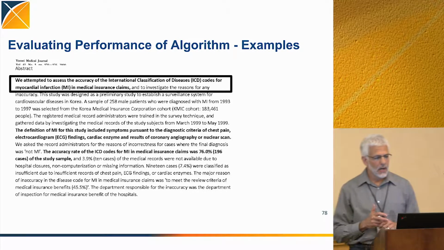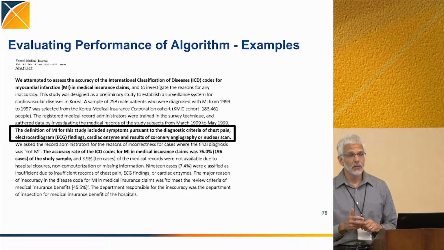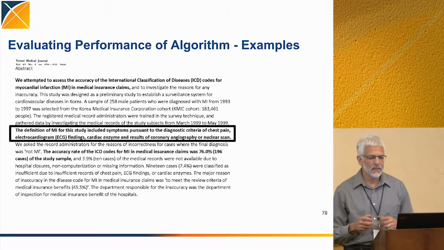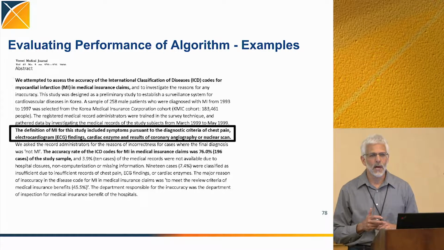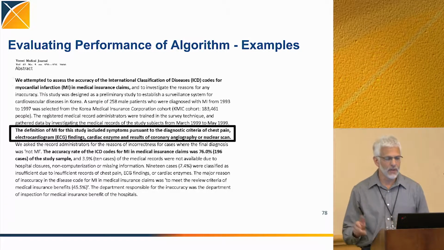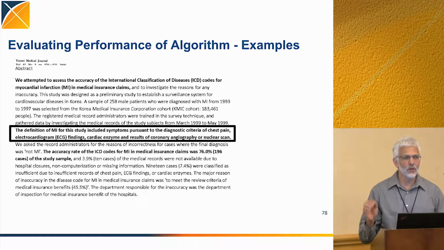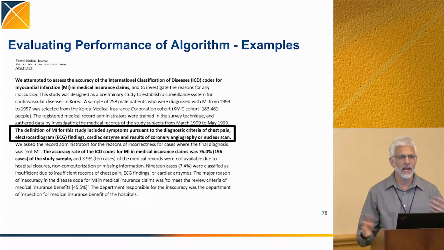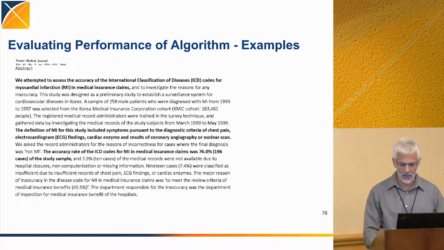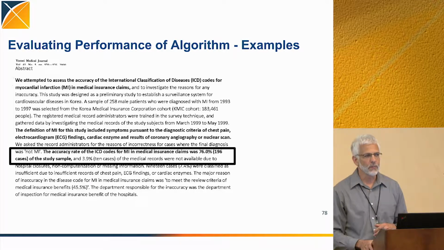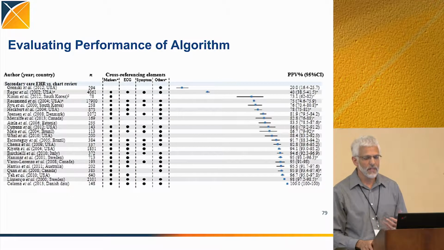Another paper basically just looked at ICD-9 codes. Probably, looking deeper, it's ICD-9 codes and patients from inpatient hospitalizations. To find the truth for these patients, they looked at the ECG findings and all the ancillary information that wouldn't be in the patient record or in the insurance claim record, for instance. And then they got a result of 76% for their algorithm. So similar algorithms, but very different